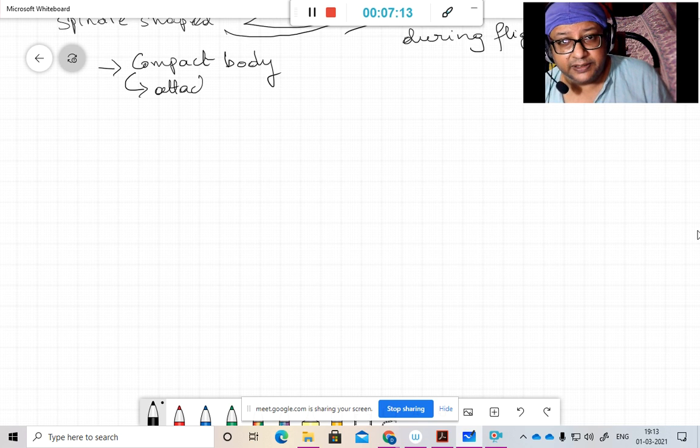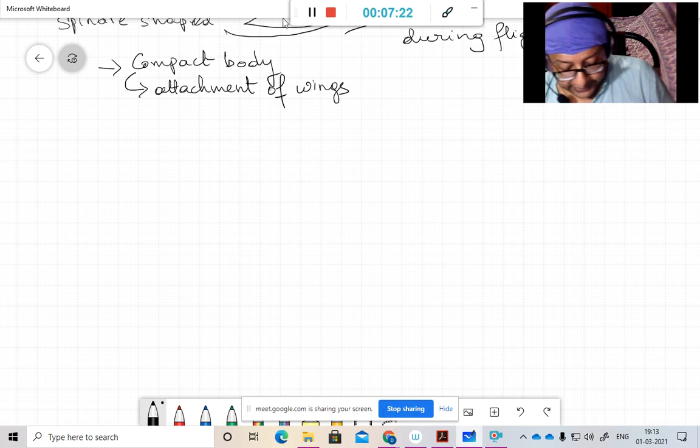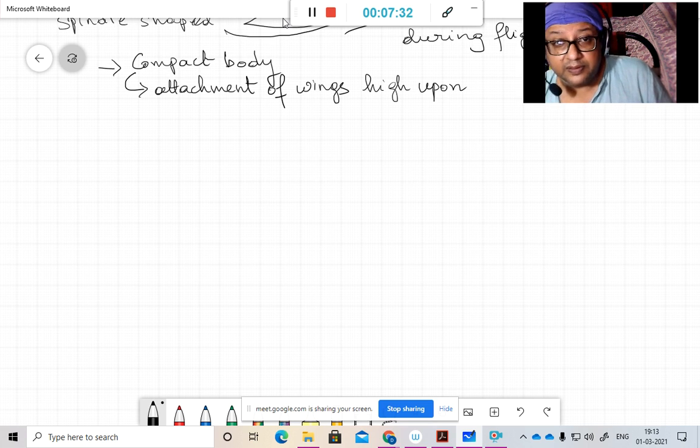It means attachment of wings high upon the thorax,